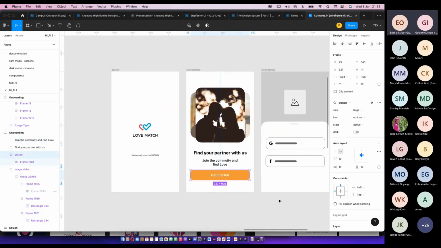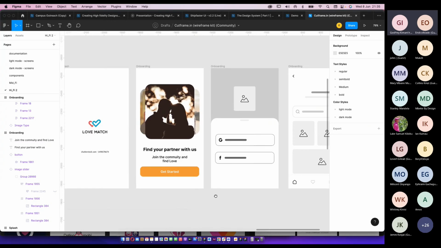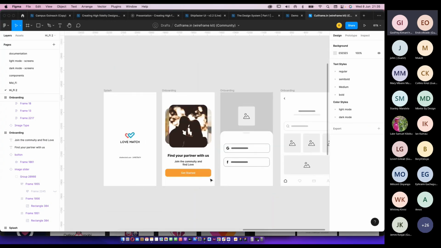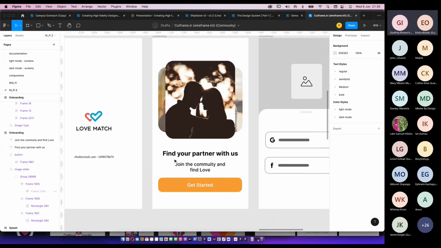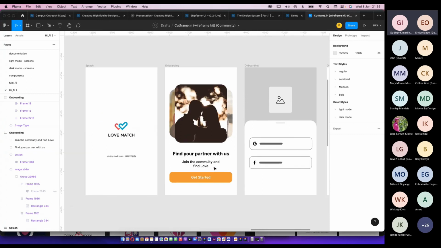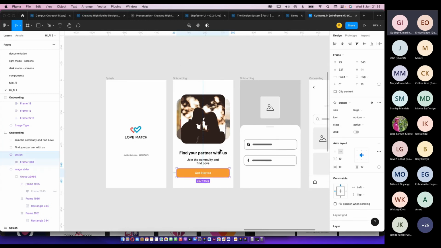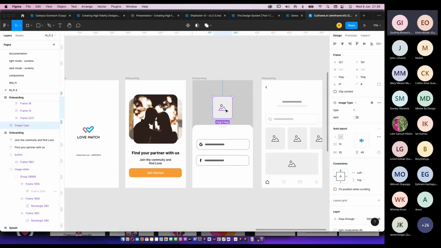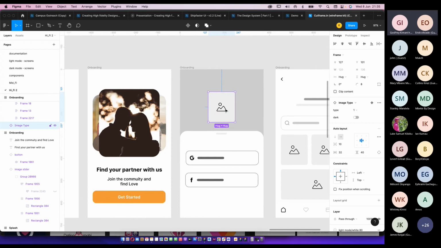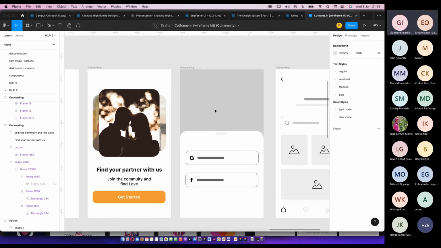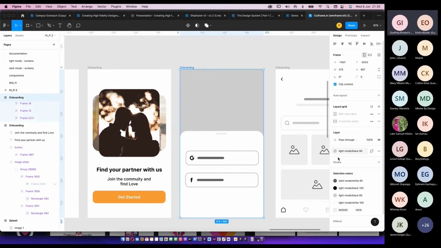Great. So that's how you start creating, adding color to your design. I know it's not the best perfect design right now, but you just get how you can now use the design system and how you can now start adding content and adding a bit of color onto your design. So for this one, I had said we define that maybe they will have an image. I can now delete that because let's say I want the image to fill